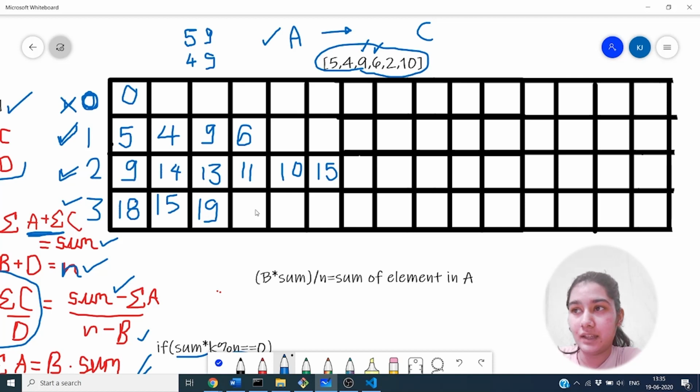And 6, 9 and 5, that is 20. Now what if we jump to the next element? For a single element only 2 is possible. For 2 elements, 5 and 2 pair are possible, 4 and 2 pair are possible, 9 and 2 pair are possible, and 6 and 2 pair are possible. So for this,